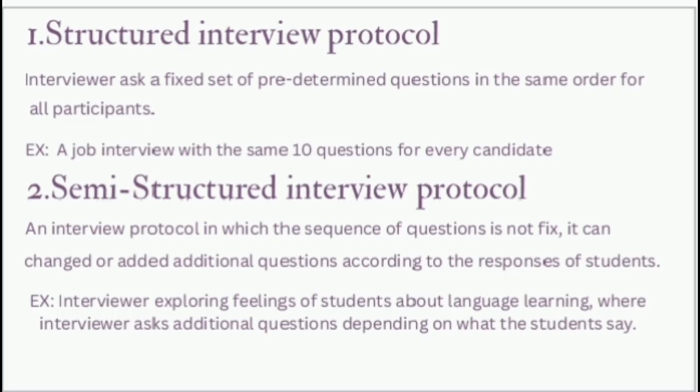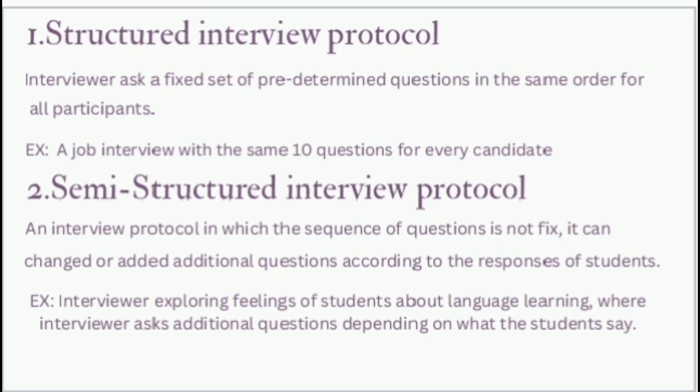So now, the structured interview protocol. What is structure? Basically, structure means a proper structure, an interview protocol which is set, which is fixed. Like the interviewer asks a fixed set of predetermined questions in the same order for all participants.